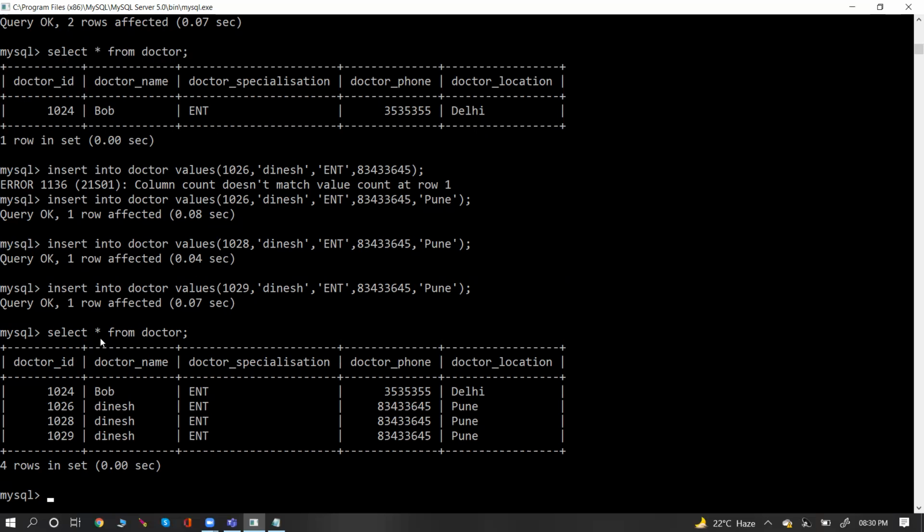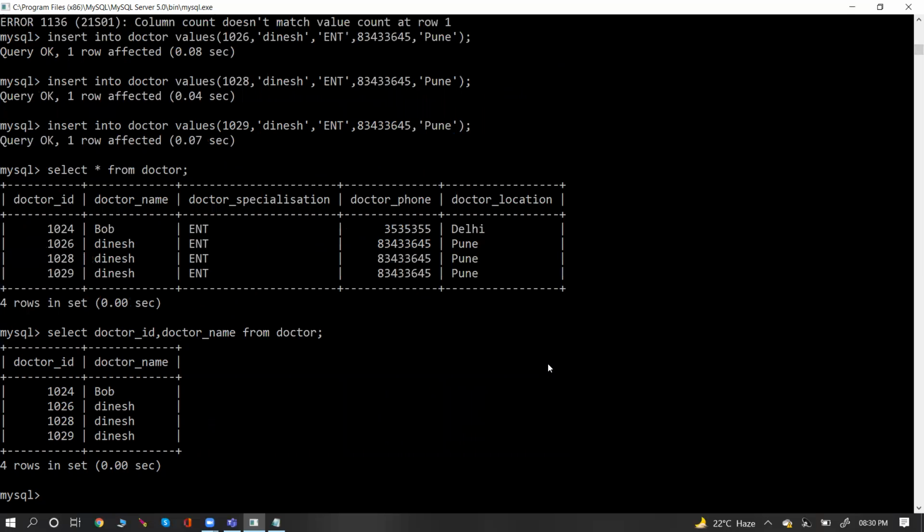Now select star. Star means what? All these columns. If I want to select only doctor ID and the doctor name, that is also possible. So the star indicates the columns, so you can replace the star with the column names. And if I want to select star from doctor, particular record,